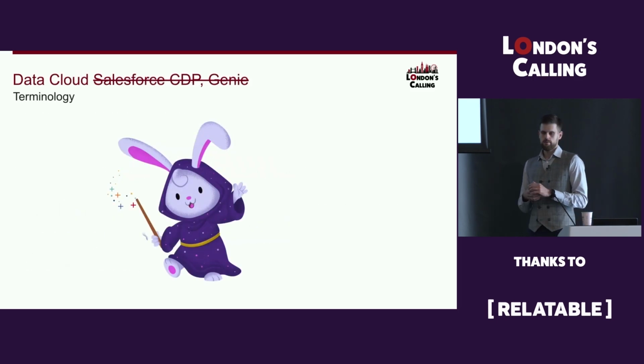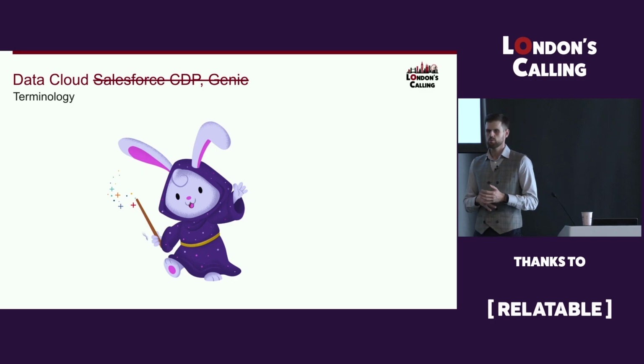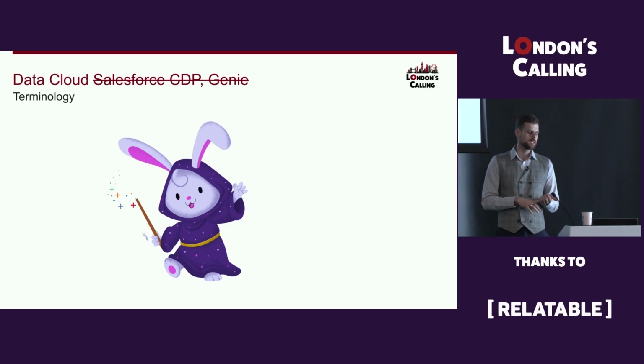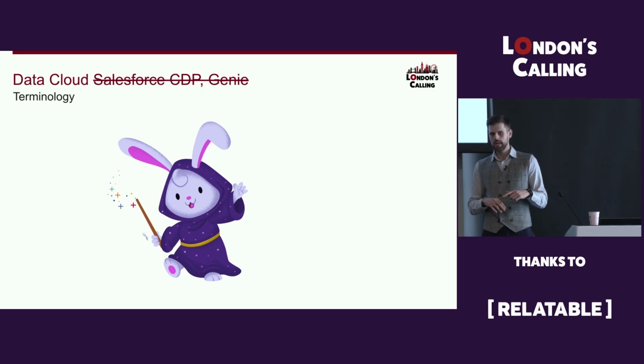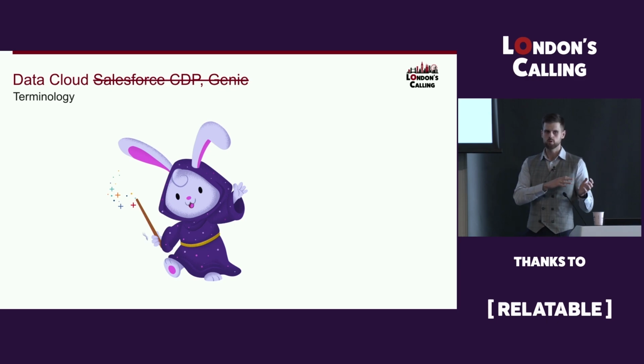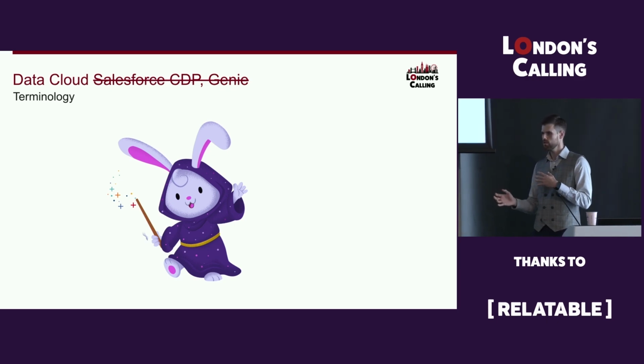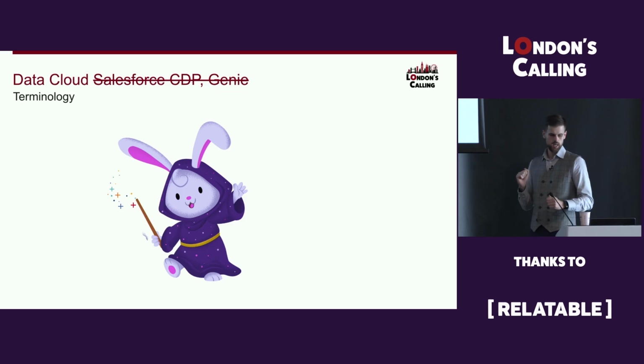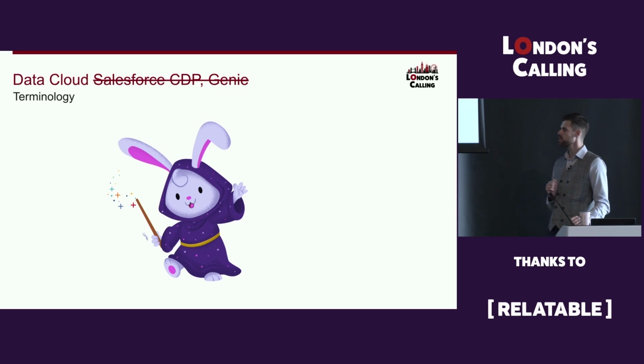And okay, first things first, Data Cloud. Terminology and naming in Salesforce are always messy, so you should keep in mind that it was exactly the same as Salesforce CDP, it was exactly the same as Genie, and it's important because if you check the official Salesforce documentation, you will find all these legacy names used randomly. So without knowing this history, you can easily be confused,